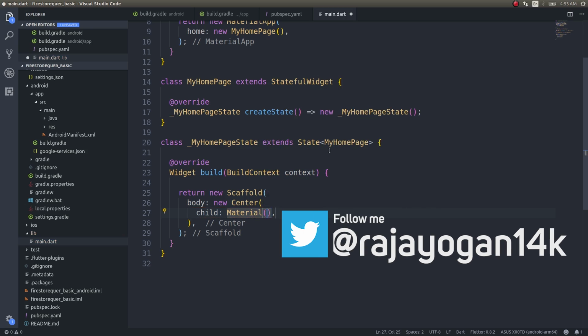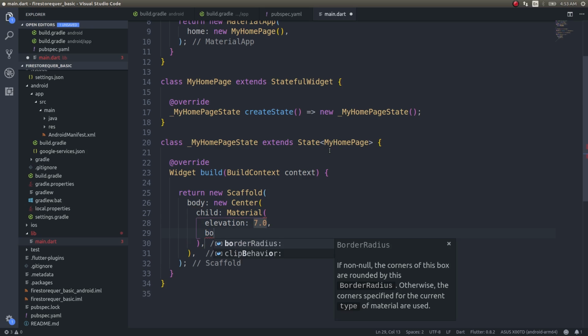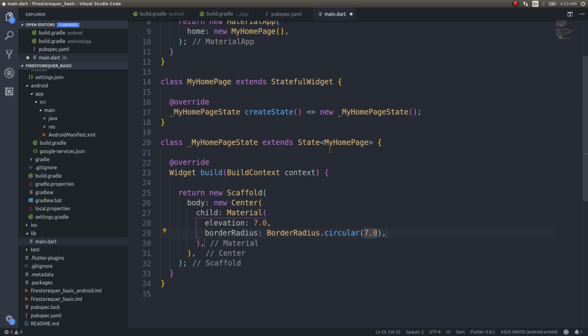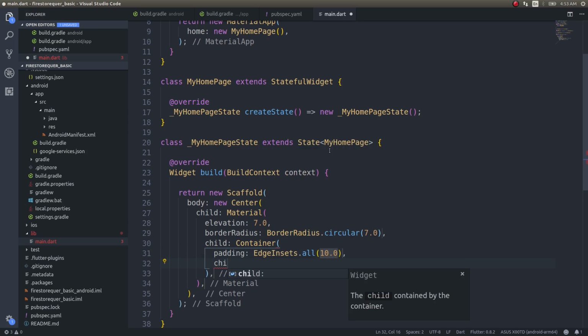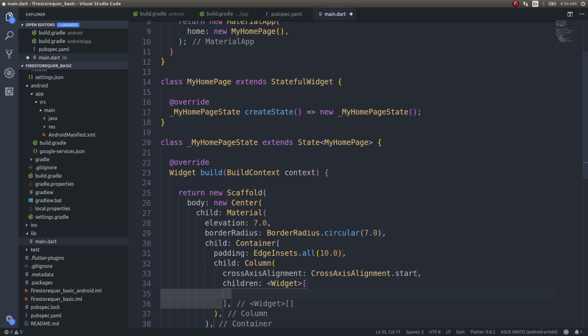So I'll just bring in a material, and that material will be having an elevation of 7.0, and I'll have a border radius dot circular. This again will be 7.0, and child will be a container, and inside this container I'll give a padding first, edge insets dot all 10.0, and I'll give a child. The child will be a column. All right, child will be a column, and inside this child I'll have a left alignment. Okay, so cross axis alignment dot start,